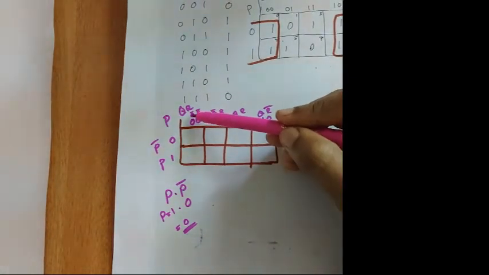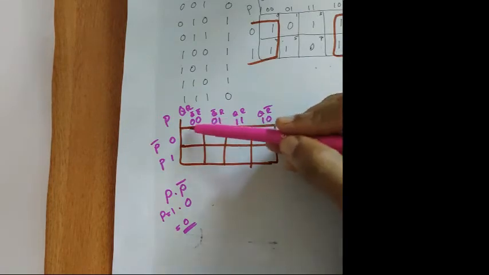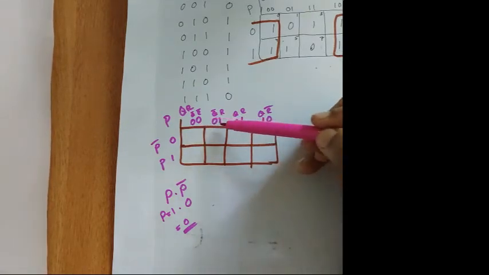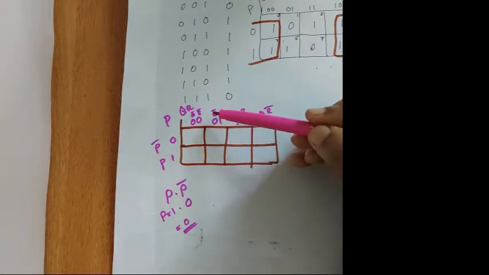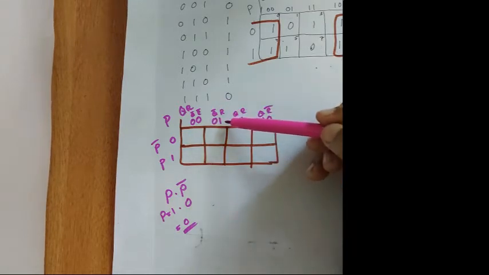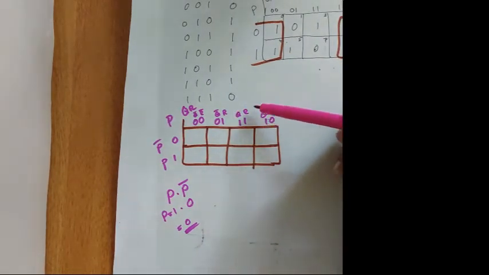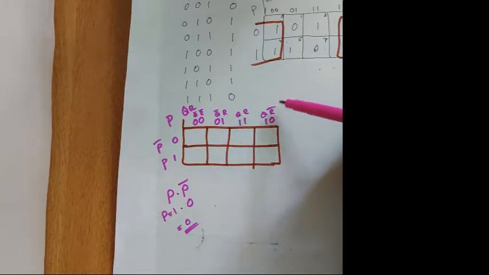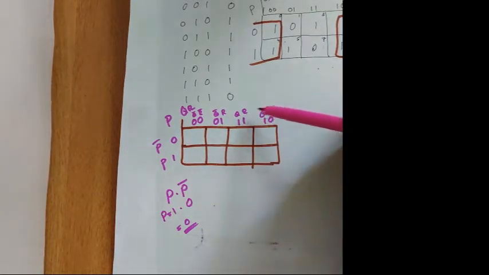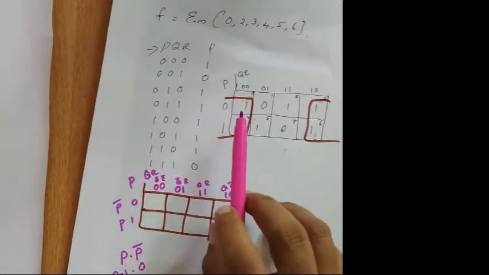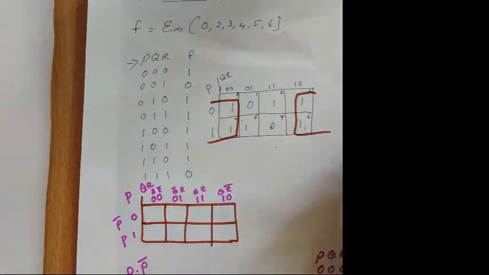That means if you're taking the two statements, 0, 0 and 0, 1, you can see Q bar, here also Q bar. This is not switching, so you can take it as Q bar. R bar switches from R bar to R, so you can't take that. Similarly, if you're taking these two statements, Q is not switching, you can take Q. R is switching from R to R bar. So if the switching takes place, you are not able to take the data. Similarly, when you're going over here, no switching data should be taken.